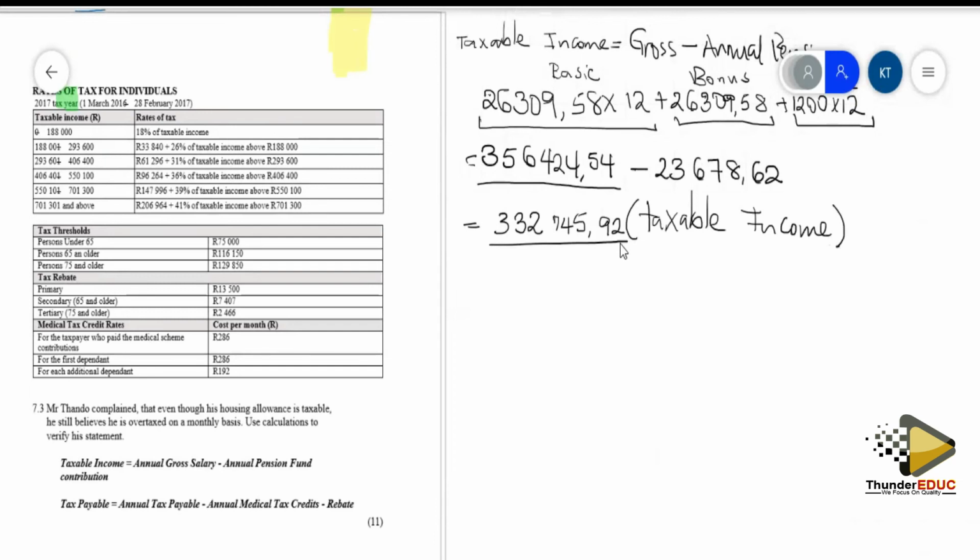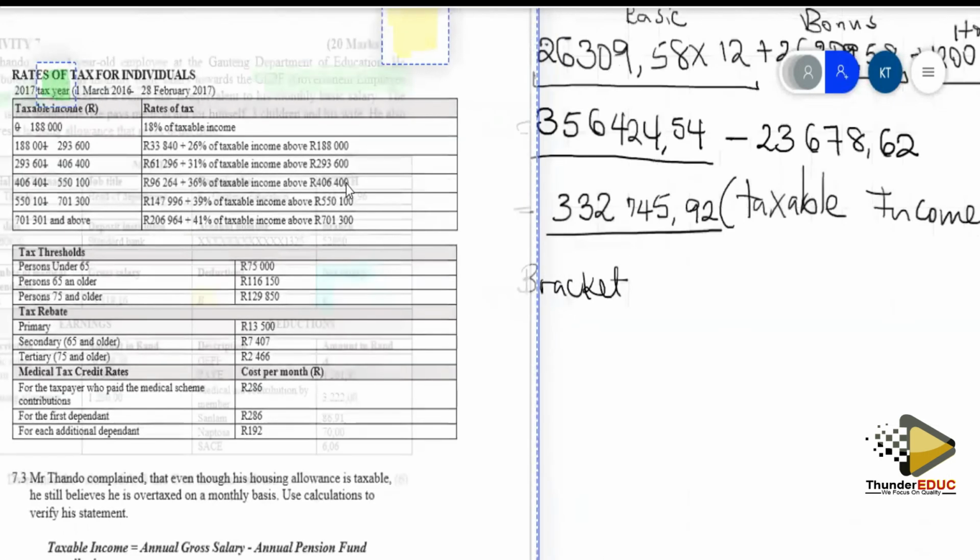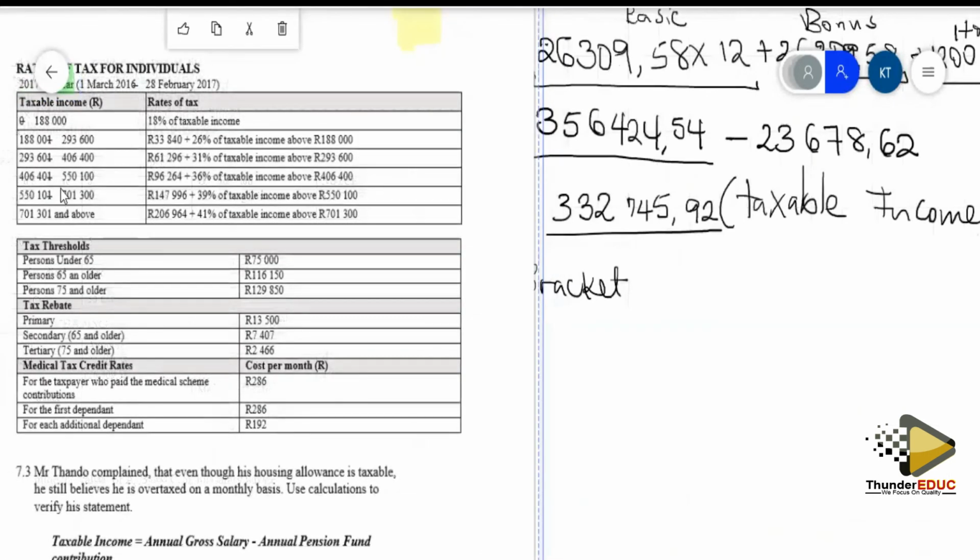Remember, we are proving whether he is overcharged. So we need to know, because we've also included the housing allowance, that this is the amount that's supposed to be taxed. Now we ask ourselves, which bracket does it belong to? Which bracket does it belong to? When I look at my table here on the side, his taxable income belongs to bracket